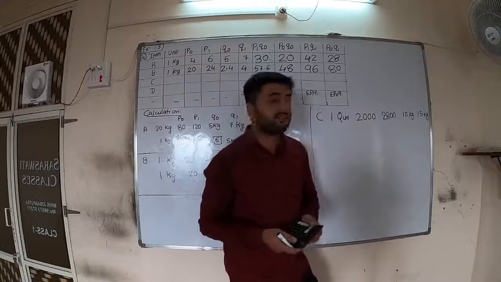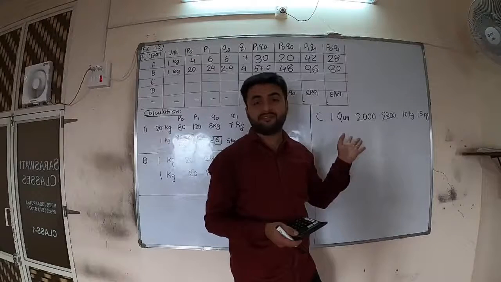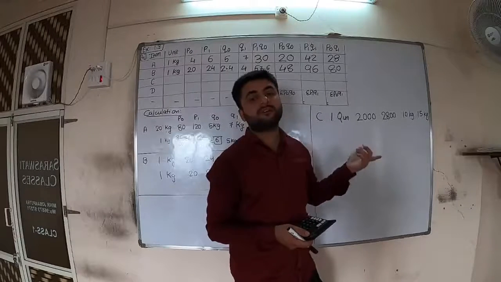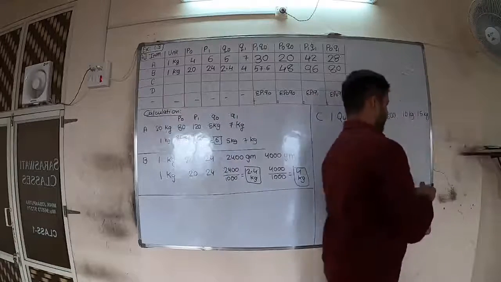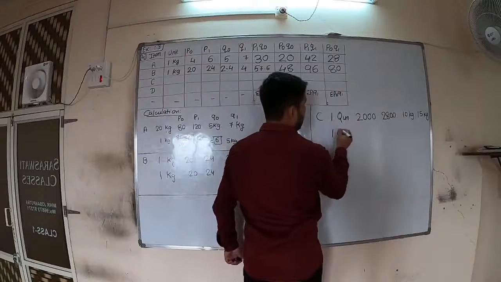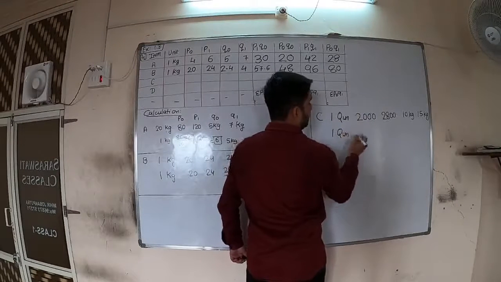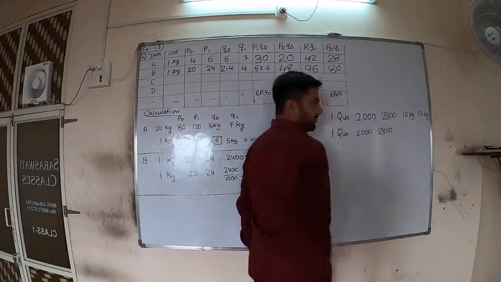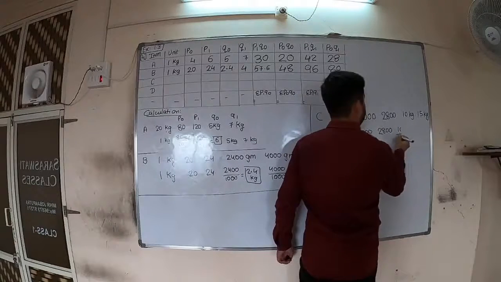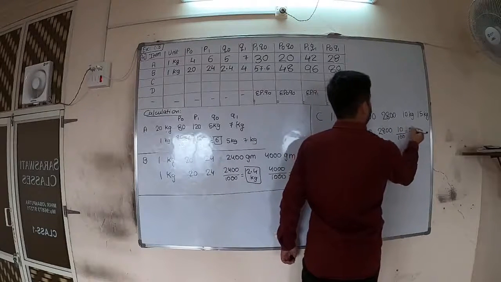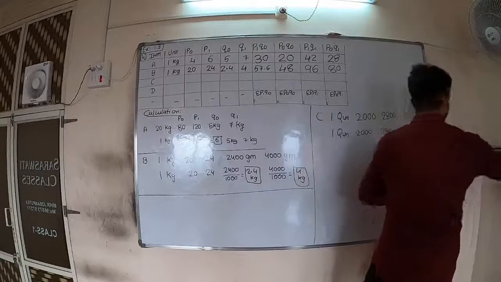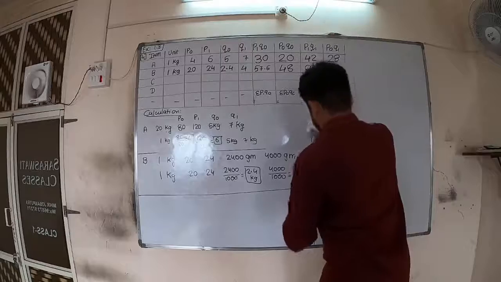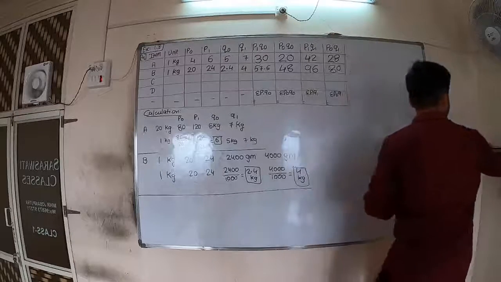So when the answer is not exact, you cannot use my method. This is a shortcut method. In the book it is not given; in the book it is given another way. So see directly, the sum is solved. 1 quintal, 2,000, 2,800, 10 by 100 is 0.1. I will write again as there is no space.